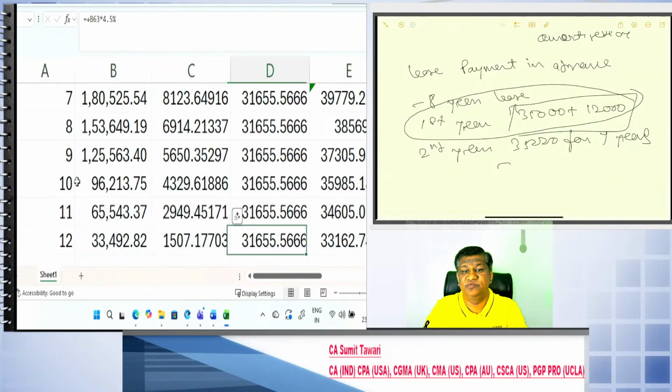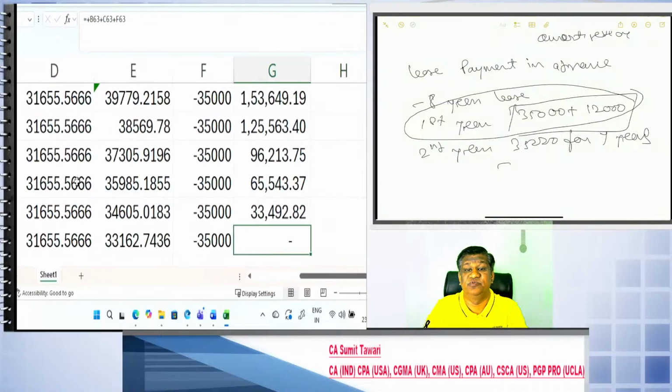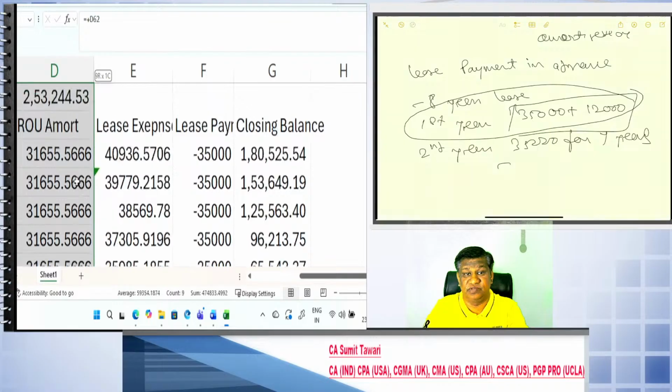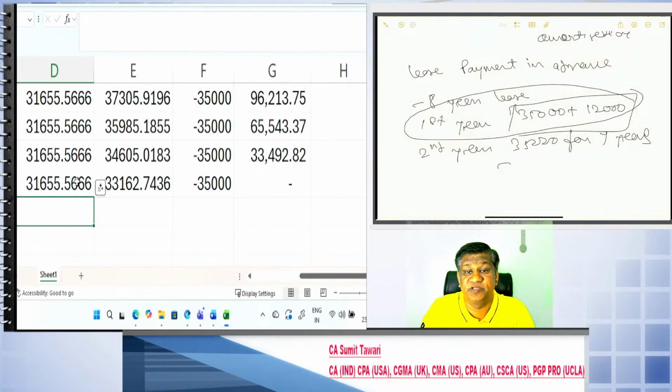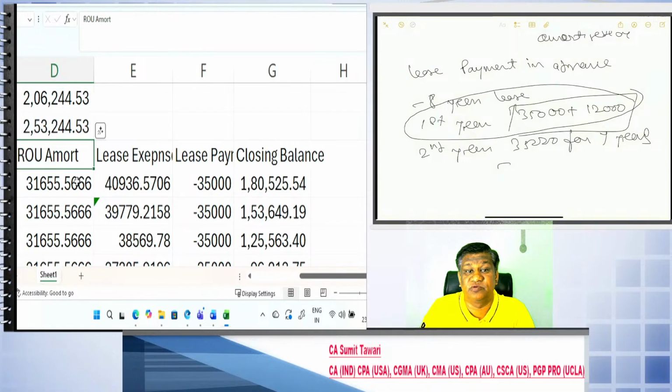So here you can see the balance is 0. Your lease liability is 0 plus amortization. If you see this, okay. So for all the 7 years, it is 2 to 1. I mean, at the end of the period, because we calculate for the 7 years only. Okay. So if you see the closing balances,